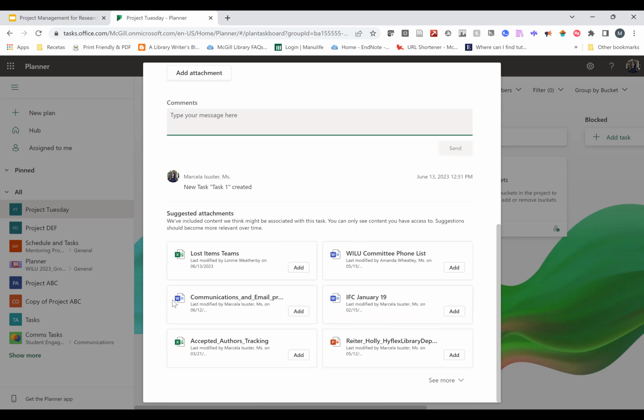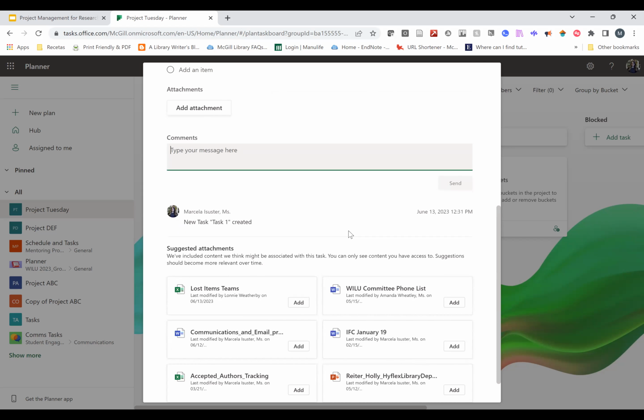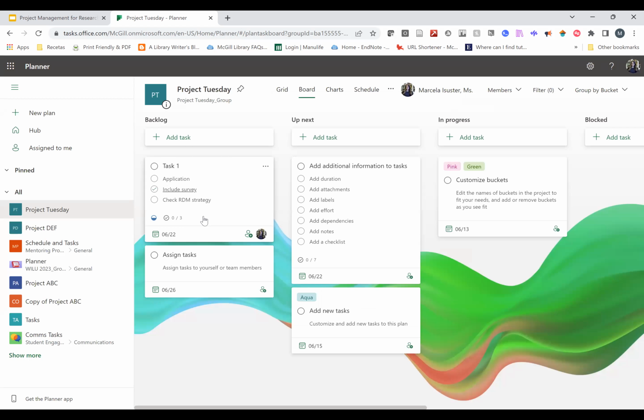It will suggest attachments that you already have. For example, these are just things I've been working on. This just takes from your SharePoint, the files that are there. But let's say, again, we're talking about the REB, you can just add the survey attachment so that you know that the person has it. It could be that maybe you need them to read an article or to summarize an article, whatever it is, you can just add the attachment there and then it will be there so people can actually see it. And then that's it. And now it has changed the way it looks.